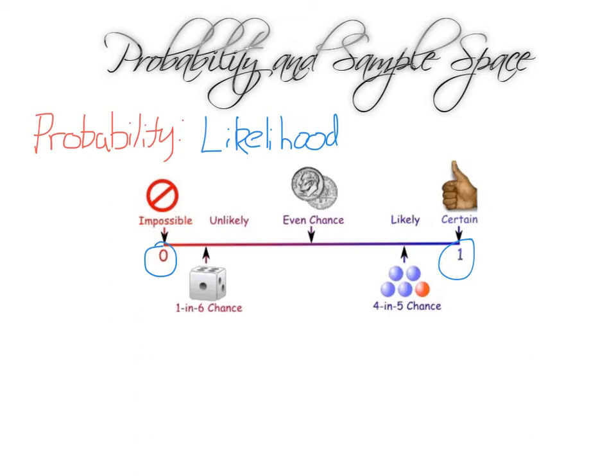Another comparison we might want to make, so is it more likely that the Broncos will win next year's premiership or that the Cowboys will win next year's premiership again? Now, that is a subjective question. You will have many different people with many different opinions. But what we're aiming to do in probability is give these events, things that can happen, numbers. So the probability that the Broncos will win next year, we can, by the end of this, assign some sort of number to it because we can order numbers.